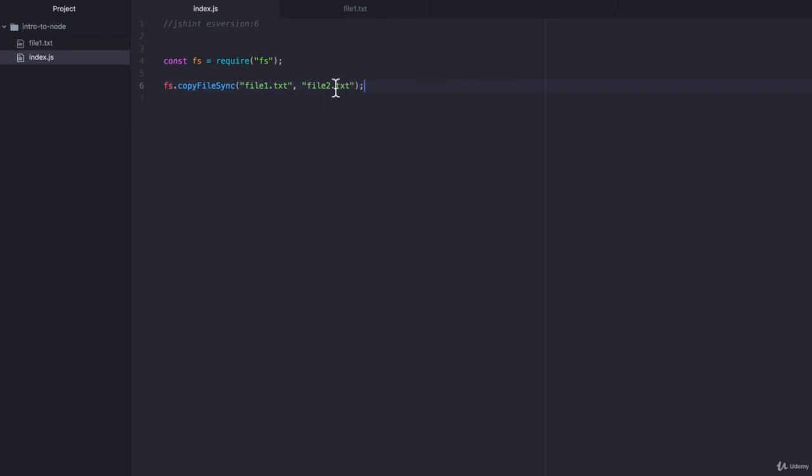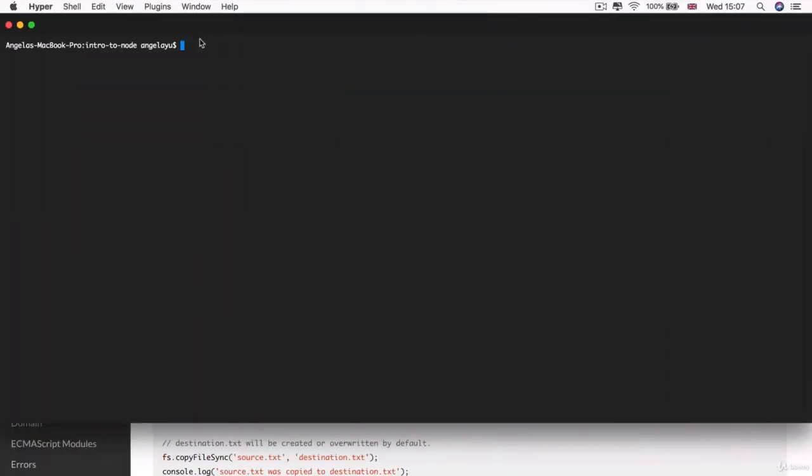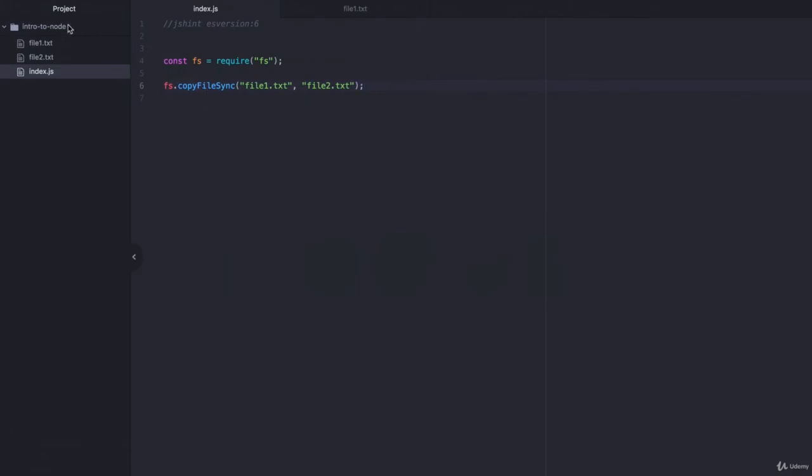So now if I hit save and I head over to Hyper, make sure that you're still within the directory that our index.js is contained, which I previously called intro to node. Now here I'm going to use the node command, and then I'm going to run the index.js file using Node.js. So now that I see my prompt again, so my name plus the $, that means that this execution has completed. So now if we head into Atom and we look inside our folder intro to node,